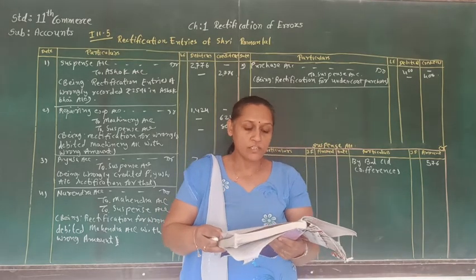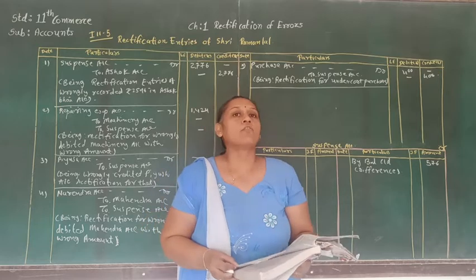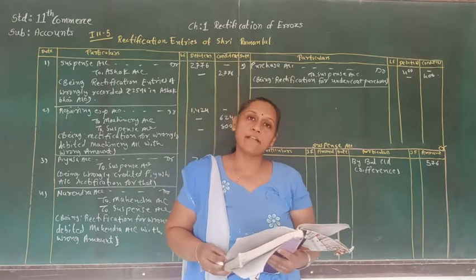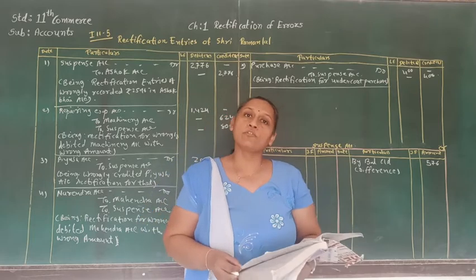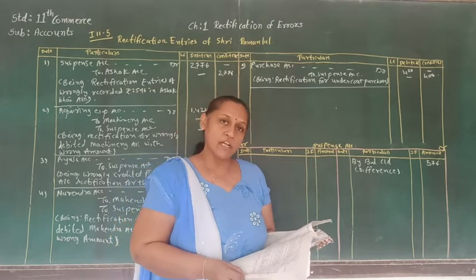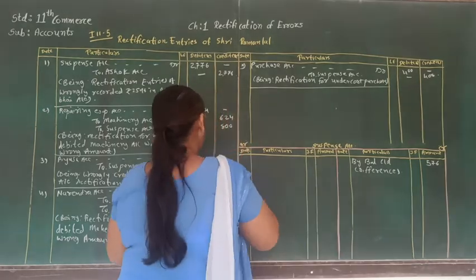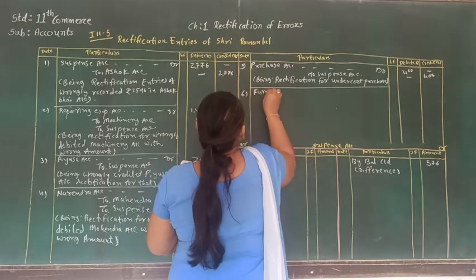Furniture, purchase of furniture of rupees 1468 debited to purchase account. So the purchase account is wrongly debited, so we are going to credit it and debit the furniture account. So furniture account debit to purchase, that rectification entry we are going to pass. So let's do that. Furniture account debit